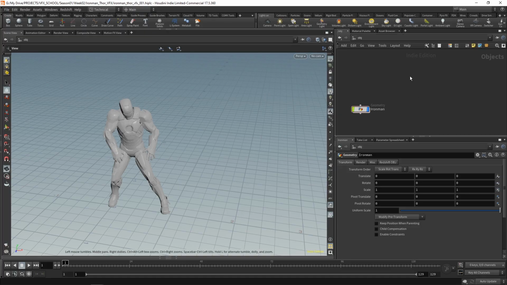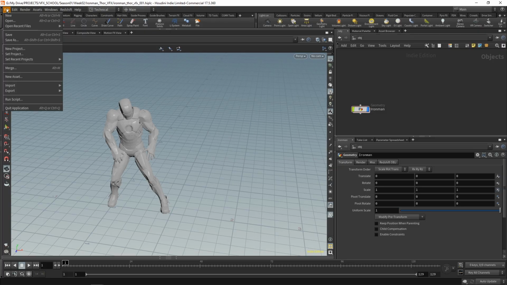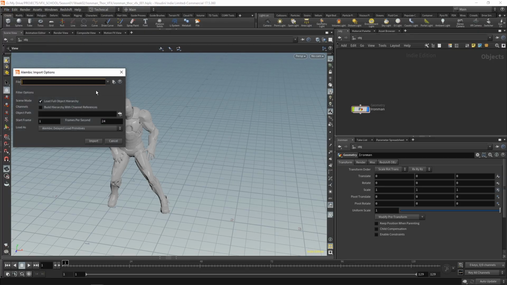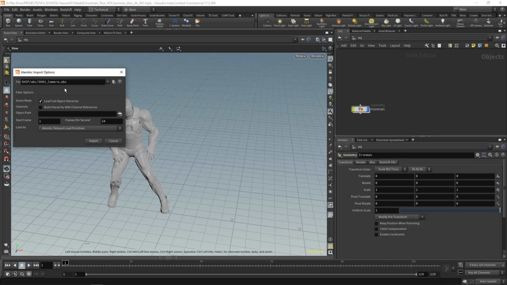Next, we have the cameras. Let's bring the cameras inside as well. So to bring out the cameras, if you remember, the cameras were Alembic files. So it's going to be faster for us to just come here, import Alembic scene. Click here, go to our HIP folder, which is this files project folder. Go to the ABC and let's select camera 1, accept shot 1 camera, import,